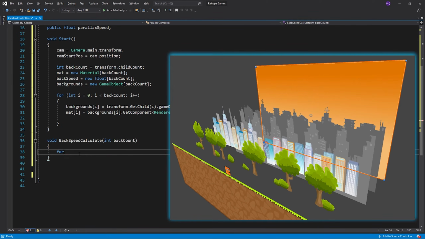With the background speed calculate void, we set the speed of each background according to the distance from the camera.